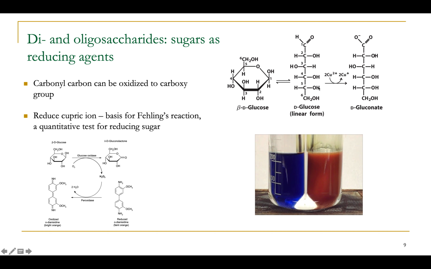If you would add glucose solution to a bright blue and transparent solution of copper salts, it will immediately turn into turbid rusty red, because the aldehyde group of glucose, which reversibly condenses and decondenses between circular and linear form, will be able to efficiently reduce copper 2 ions to copper plus 1 state, forming copper oxide, which falls out in the pellet as this rusty red